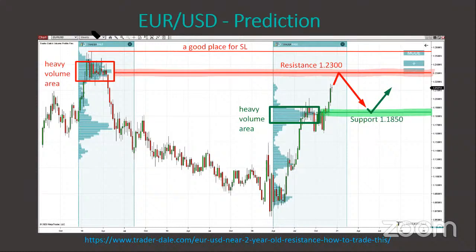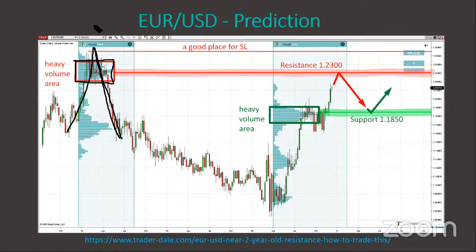Anyways, this is a weekly chart. So one candle is 1 week, all right? Now, the first thing I want to mention here is this. This is an important area for me because there was strong buying activity. Aggressive buyers were pushing the price upwards, but then sellers took over and pushed the price downwards. I call this a rejection of higher prices, right? And what I want to see in such a rejection is a heavy volume area, like in here.